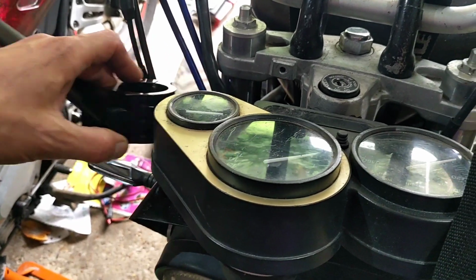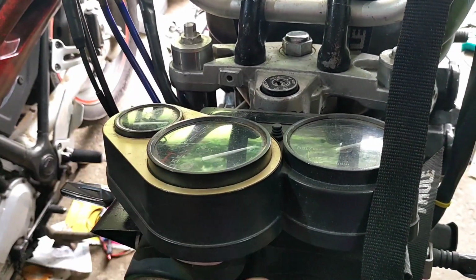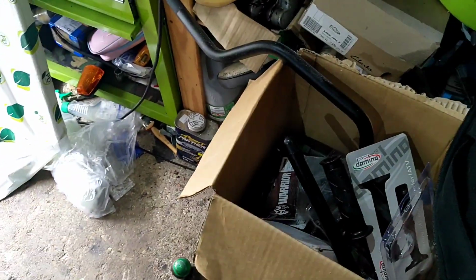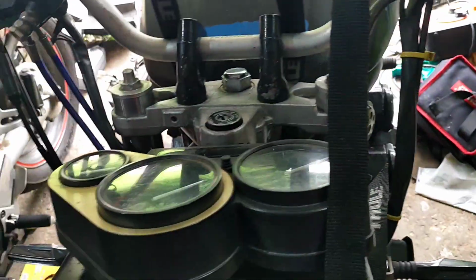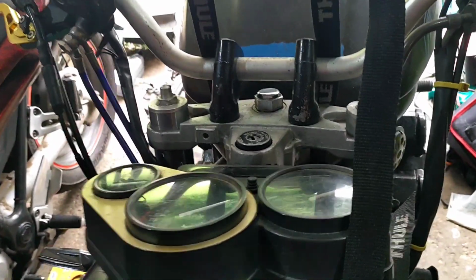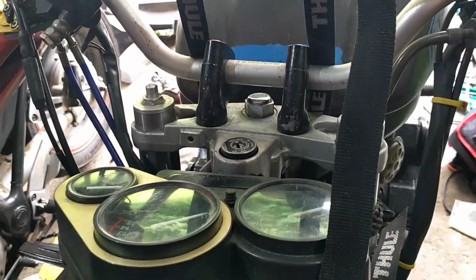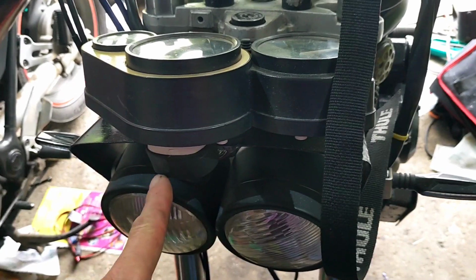If it doesn't work, if it looks a bit wanky, what I will do is, from the stuff that Mike passed on, there is a set of black bars there that will go on it quite nicely, I think, and they're proper rentals with the straightener as well. So yeah, first things first, is I'm going to drop the forks down,